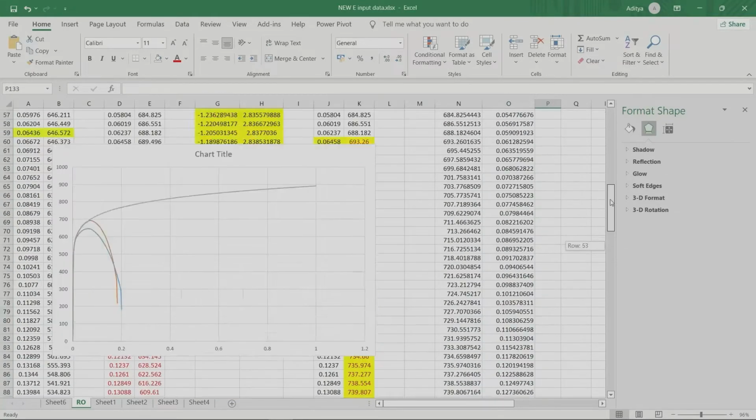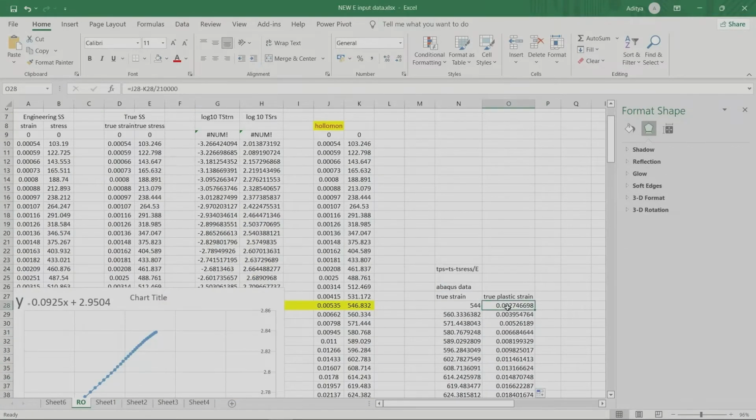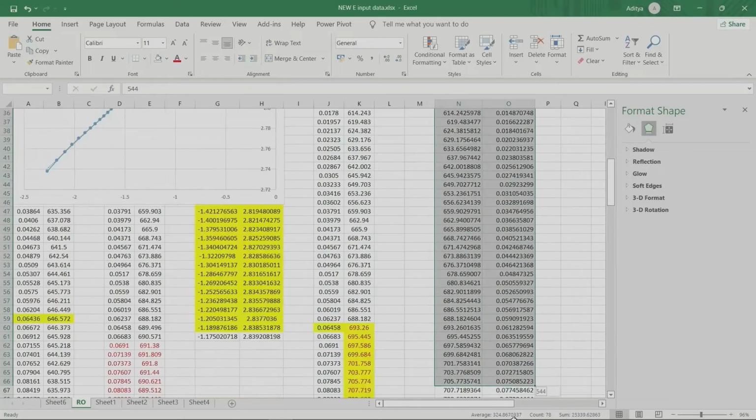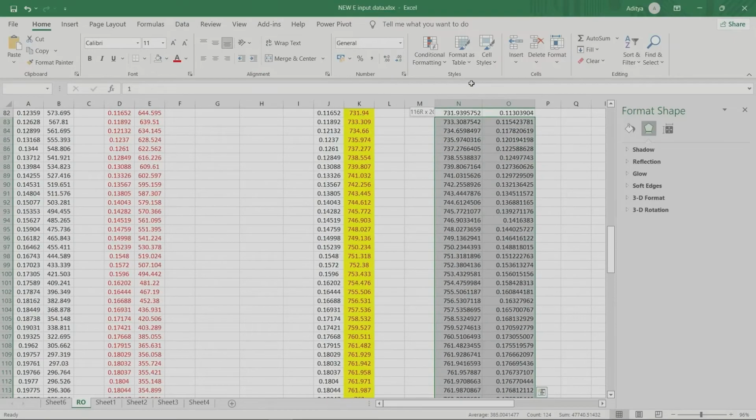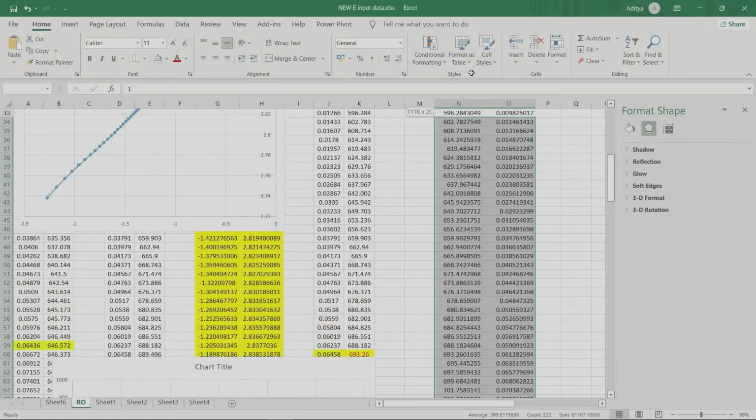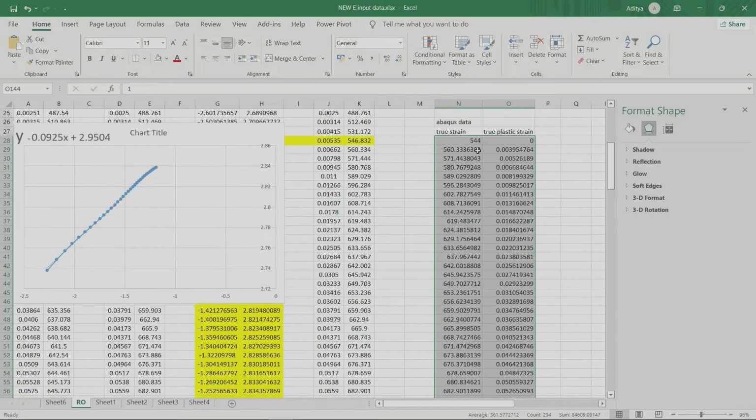So what you are going to do, you put the first value as 0, and if you have any other value, you will put that value equal to your yield strength data. So this data will be your input of plastic data. It is called plastic data or plastic input data for Abaqus. Let's color that data.